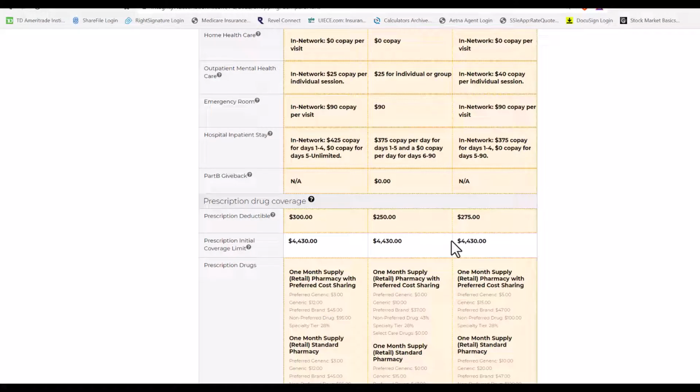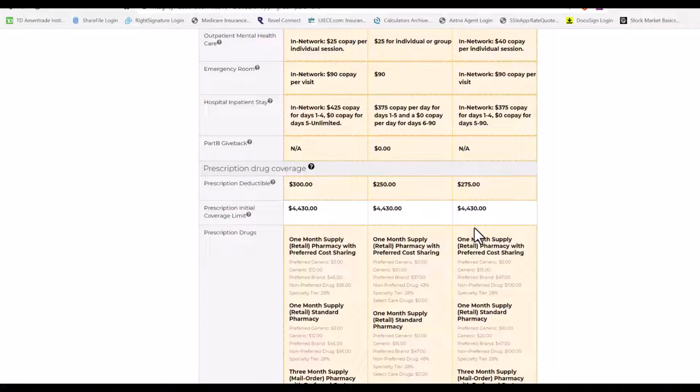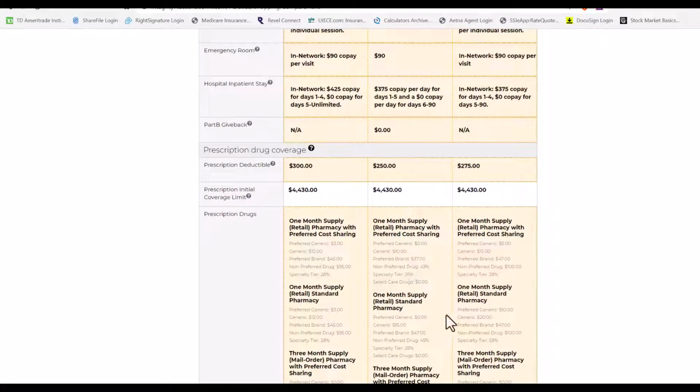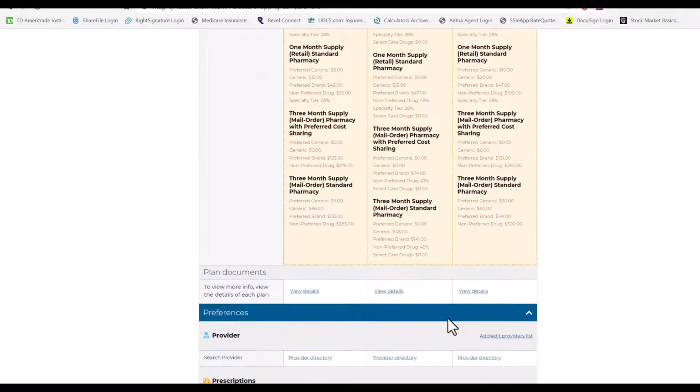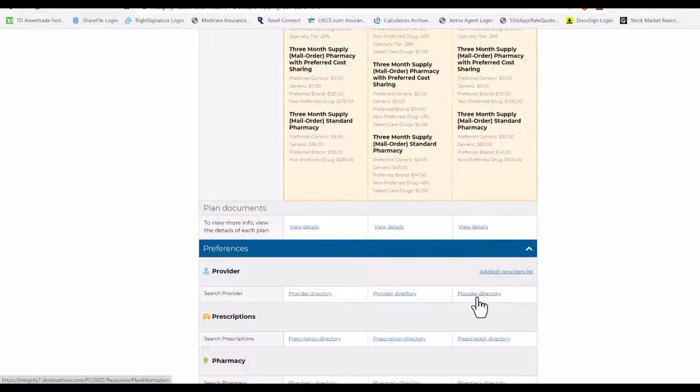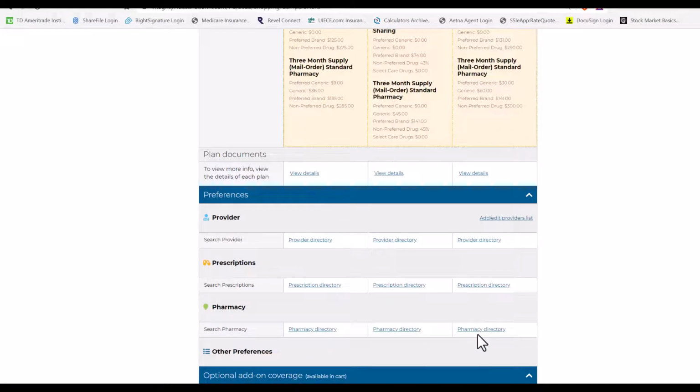But what you can objectively say is, hey, the prescription drug deductible on United Healthcare is $300, and on Ohana is only $250. So if that's a concern to you, then I'm going to show you right here that this one's going to be a better option, right? Another thing to think about is the tier. You have to remember there is no deductible for Humana's plan up until tier 4, while on many other plans like these two, you have to pay a deductible starting on tier 3. So you can view the plan documents here, you can download provider directories, and download the prescription and pharmacy directories,